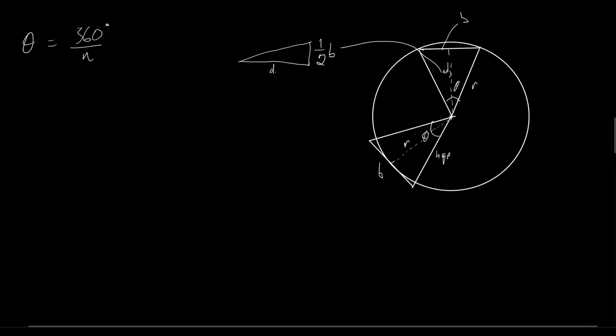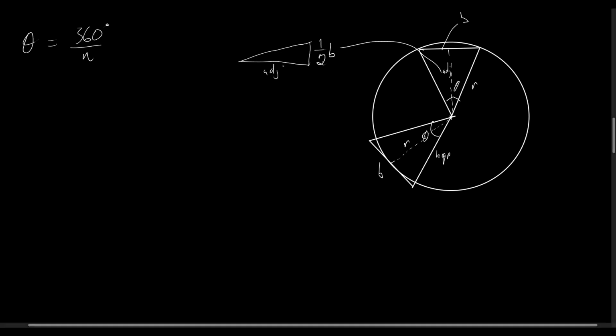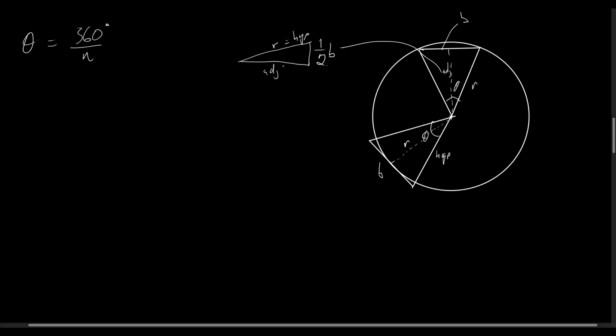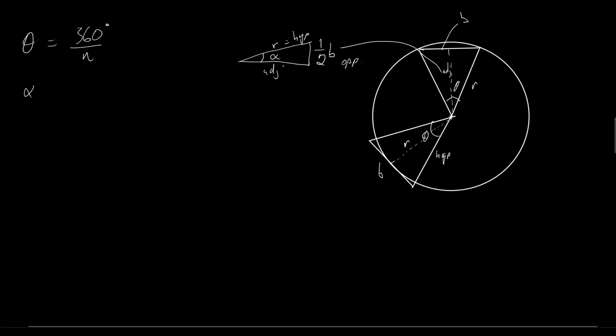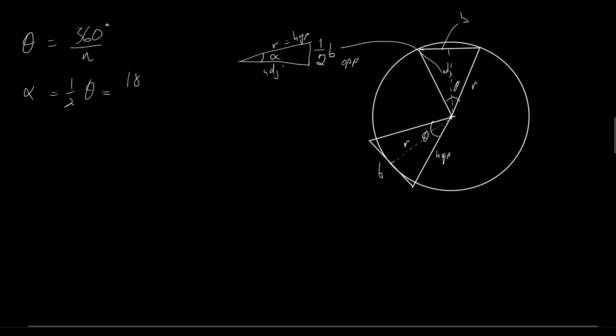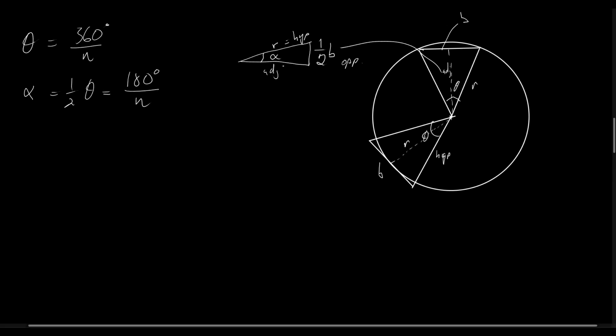Now the adjacent here, and the radius is equal to the hypotenuse, and we have the opposite here. And of course we'll call this angle alpha, and alpha is just equal to the half angle of theta, which is equal to 180 degrees over n. Right,